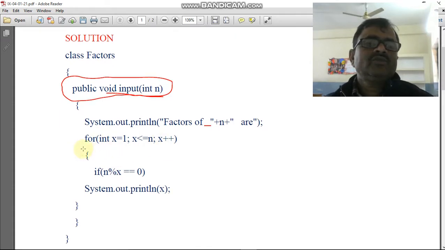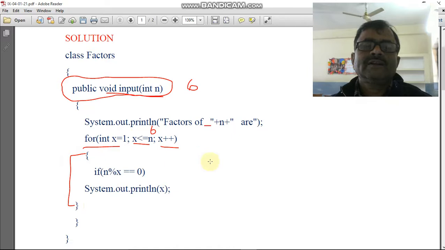So, for (int x = 1; x <= n; x++). The value whose factors we are going to print here is stored in variable n. Suppose you have 6 in variable n. Here the value of x is 1 and its limit is up to n, x less than or equal to n, meaning x is not more than 6, so the condition will be true, otherwise the condition will be false. When the condition of the for loop is true, your control will read this block, otherwise it will skip the block.